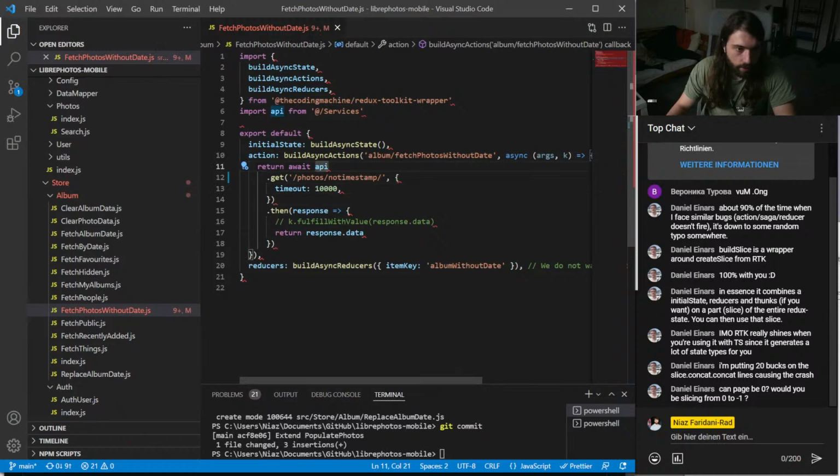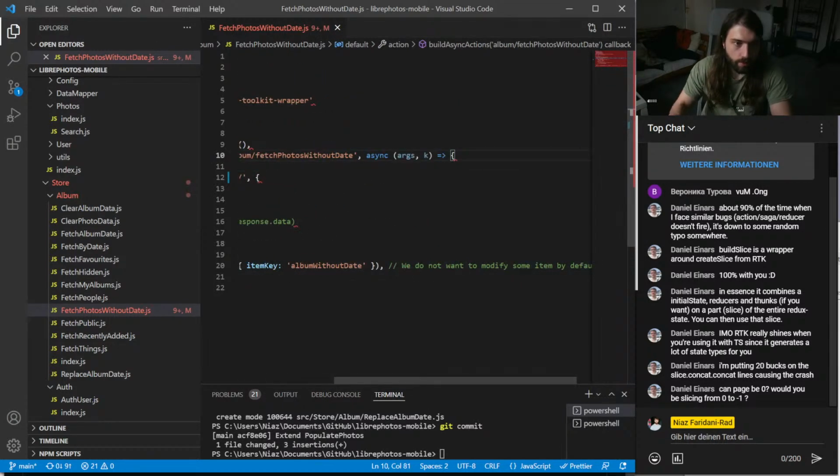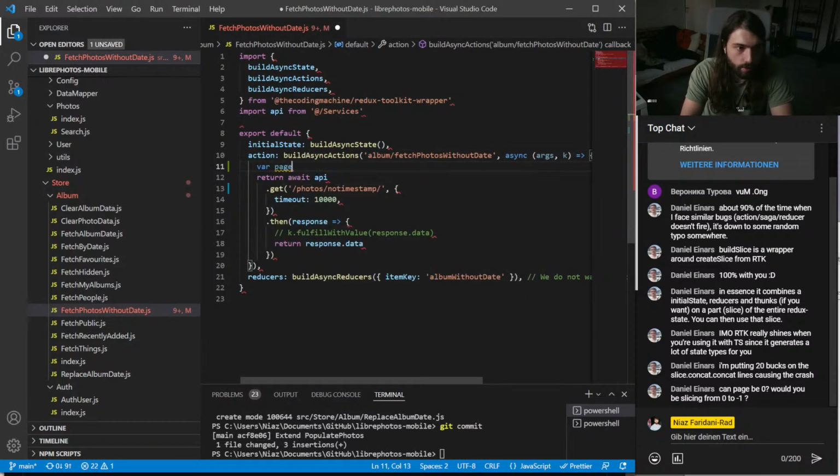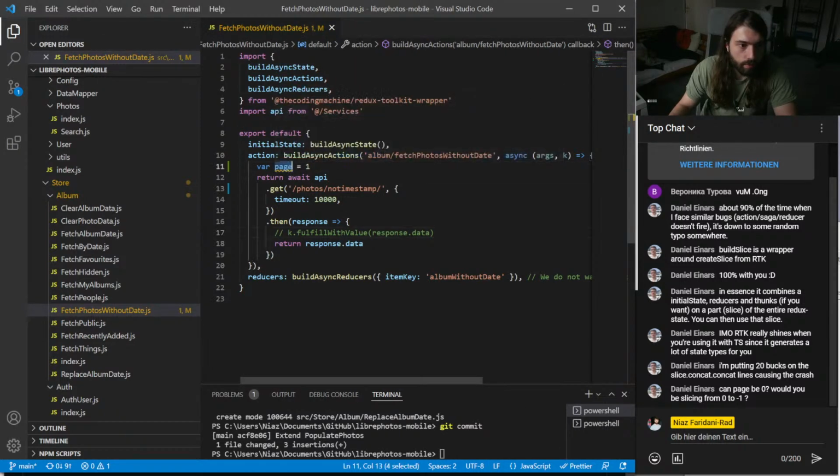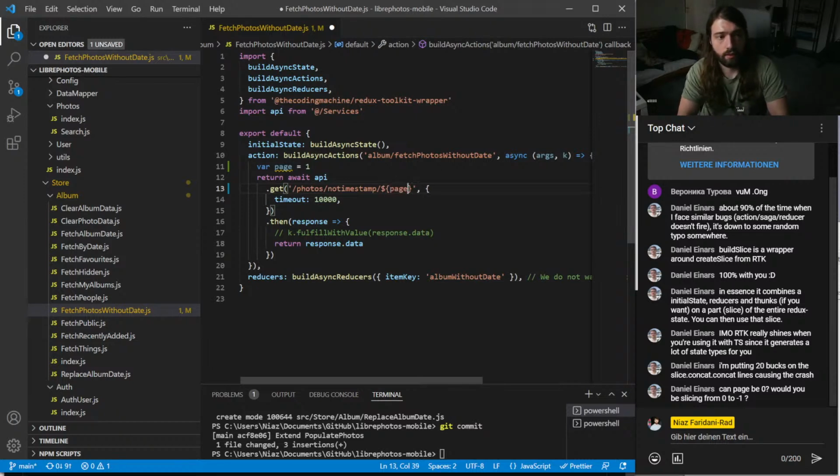Save. So usually we would get an args page, right? So we just call that page 1 for now. Save. Okay, please change that up. And right, and then we would do... I always forget how to do that, like that.